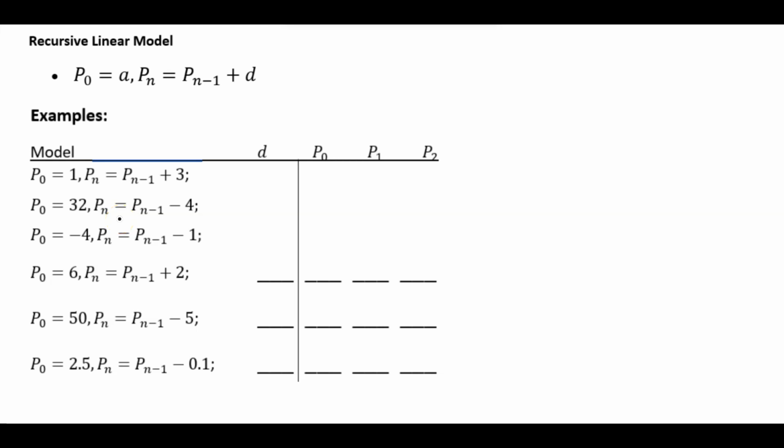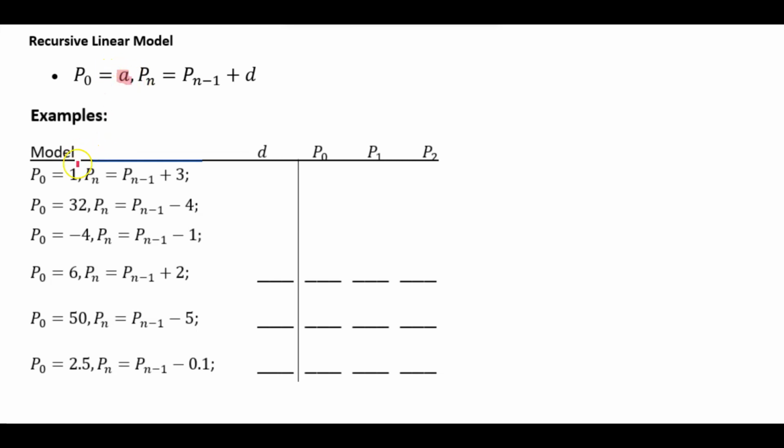Let's take a look at the recursive linear growth model. P sub 0 equals A, so that's the initial term. P sub n equals P sub n minus 1 plus D. Now this formula form is a little bit confusing to learn first, but once you see what it is, it's really not that bad. So first off, our first example, P sub 0